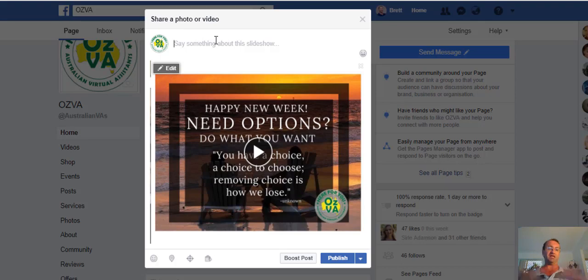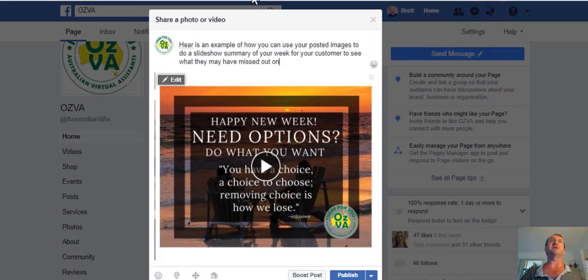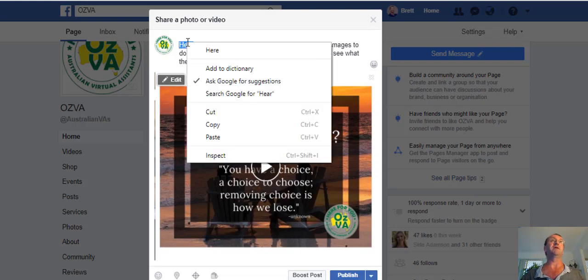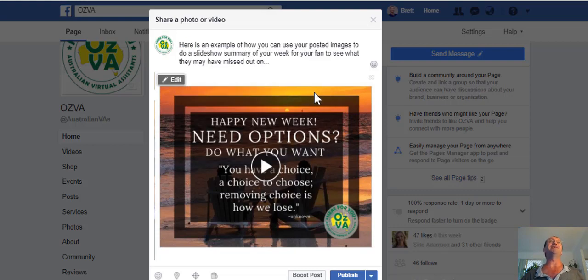So what we're going to say here is, let's not say customers, let's say fans. How's that? Alrighty, so here's an example of how you can use your posted images to do a slideshow summary of your week for your fans to see what they may have missed out on. Yeah, well, it may not be grammatically correct. Okay, so when we go through,